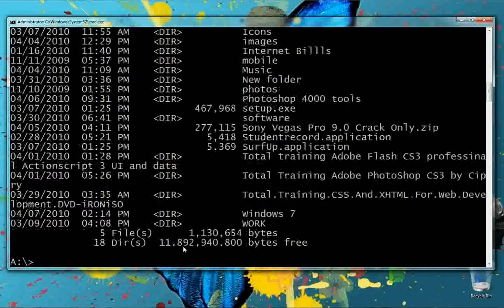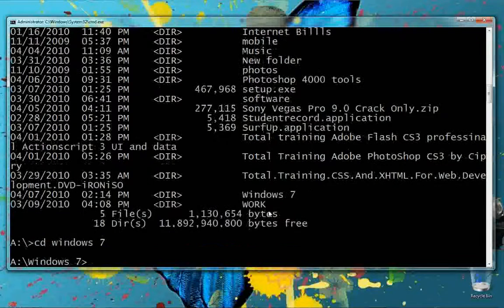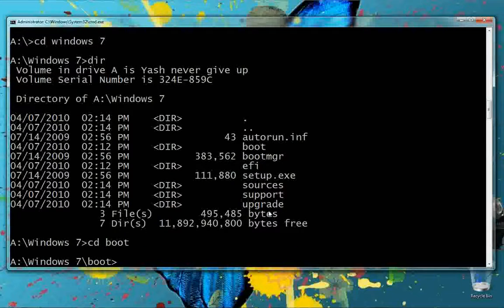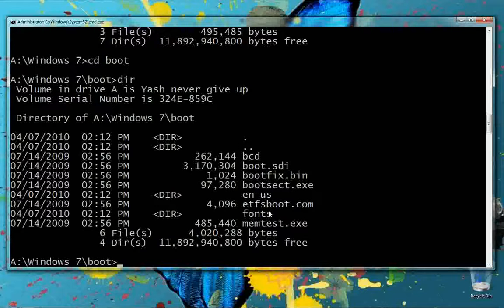Next, it's right here, Windows 7. Open the directory Windows 7. Okay, next, the boot directory. It's here, bootsec.exe. Now you have to update the boot code with the bootsec executable file for my pen drive. I'm going to do that with the command bootsec.exe /nt60 H: